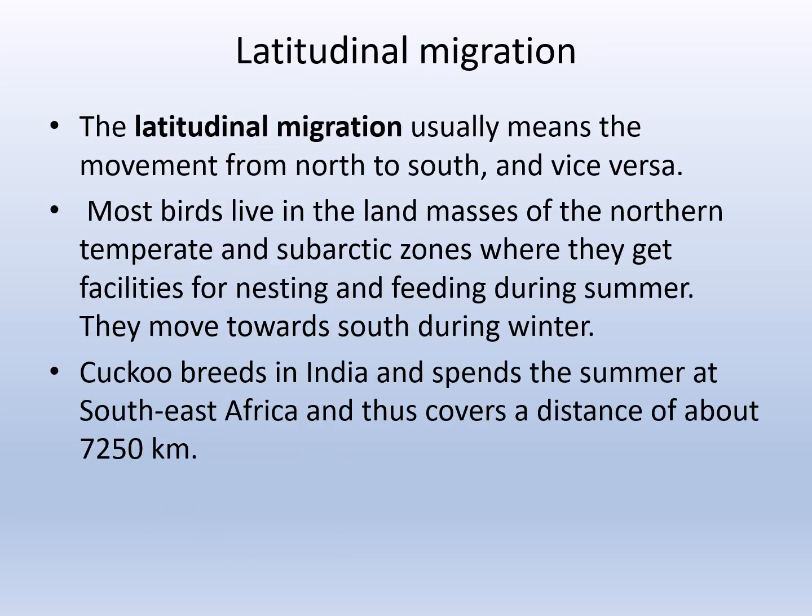Let's begin with latitudinal migration. Latitudinal migration usually means the movement from the north to the south and vice versa, from the south to the north. Most birds live in the land masses of the northern temperate and the subarctic zones, where they get facilities for nesting and feeding during summer, and they move towards south during winter. The cuckoo breeds in India and spends the summer at Southeast Africa and thus covers a distance of about 7,250